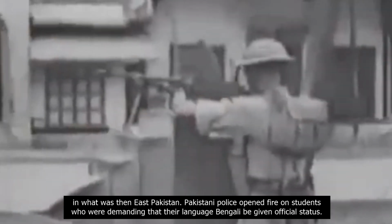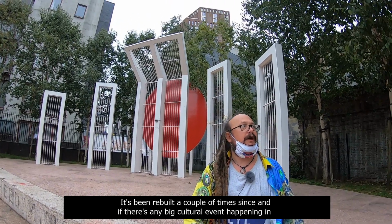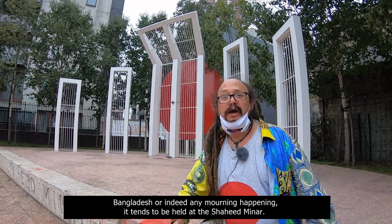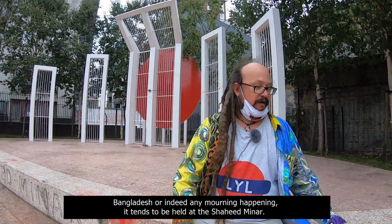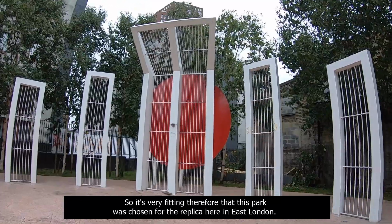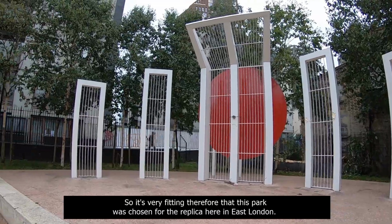Pakistani police opened fire on students who were demanding that their language, Bengali, be given official status. 4 years later, Bengali was indeed made an official language in then Pakistan, along with Urdu. It's been rebuilt a couple of times since. And if there's any big cultural event happening in Bangladesh, or indeed any mourning happening, it tends to be held at the Shaheed Minar. So it's very fitting, therefore, that this park was chosen for the replica here in East